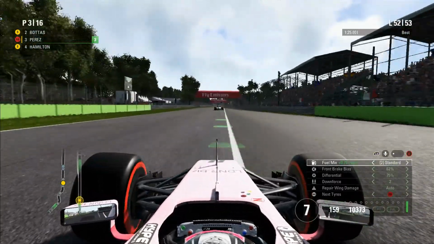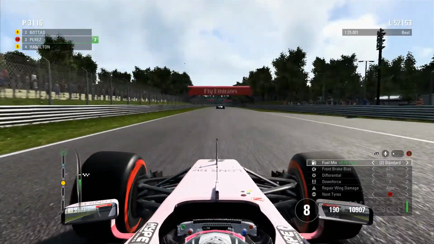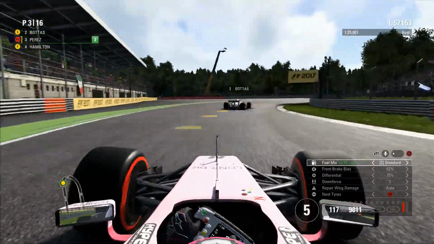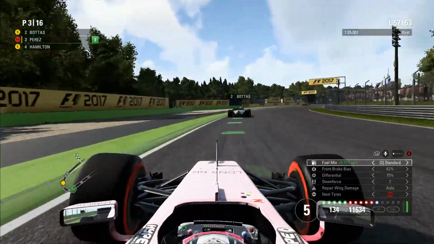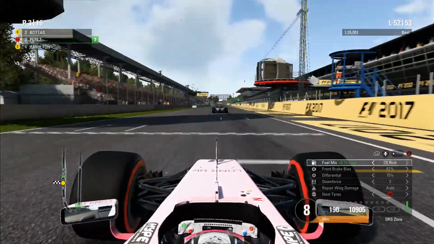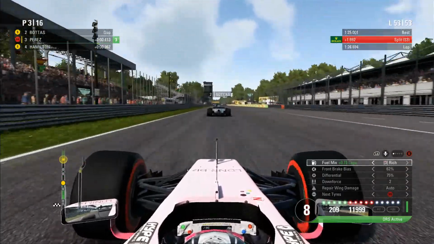Haven't cut the corner that time, which is very good to see from me. I'm very pleased that I haven't cut it that time, although it's not too hard not to cut it, although it's also easy to cut it. Anyway, we are braking now into the Parabolica, and we are getting quite close to Bottas in these closing stages of the race. We are about to go on to the final lap of this Italian Grand Prix, or this end scenario of the Italian Grand Prix, activating DRS, so we will get DRS on Bottas as well here on